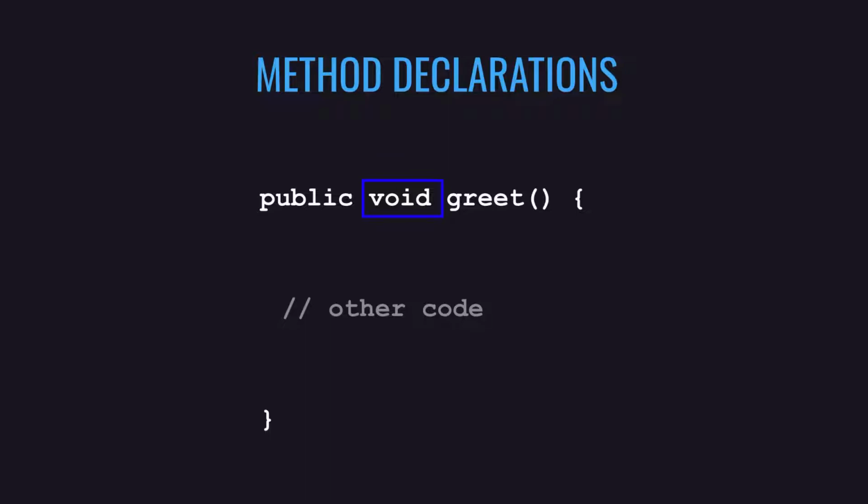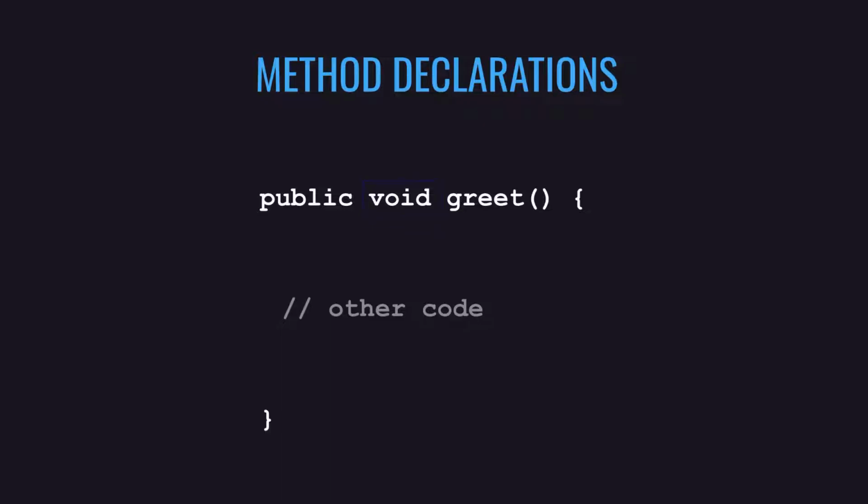So a void in this case is a special keyword, which actually means don't return anything. So again, in the case of the greet method, which is just going to display hello on the screen, it doesn't need to return anything. It doesn't need to pass anything back to another method that might have called it, because methods can call other methods. That's how Java programs work to get the job of the program done. And in this particular case, because it's just printing a single thing, which we'll just define inside the method itself, which is this hello world, a couple of words, it doesn't need to return anything to anybody else. So then you'd use this keyword void.